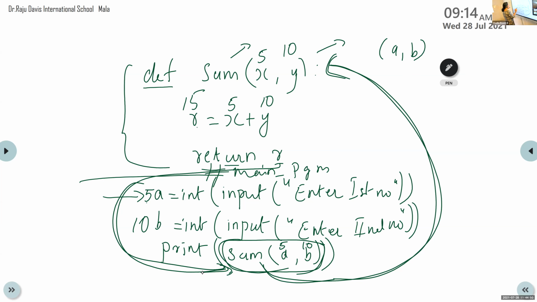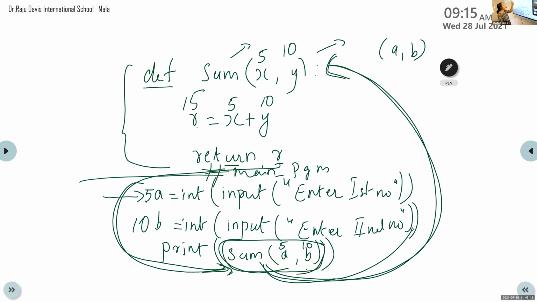It will execute a is equal to, then b is equal to, then print. Within this print statement, I am using one function call statement. In this call statement, the control will move to the function definition. The values inside this function call are assigned to function definition parameters.